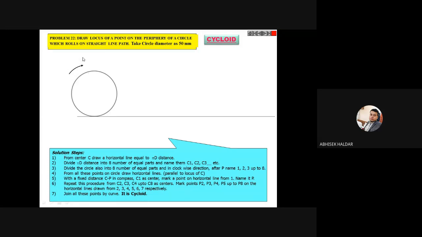You can see the direction. This is clockwise. Let us, for example, take the clockwise direction; it is trying to roll, and we will roll it for one full revolution, as I told. So for one full revolution, we have to trace up to pi d. I have to calculate the pi d distance, which I will do afterwards.